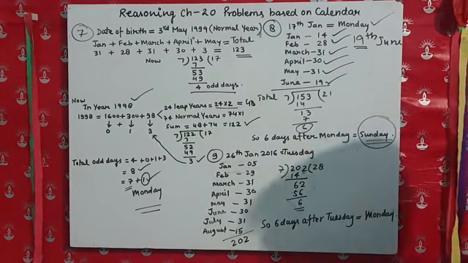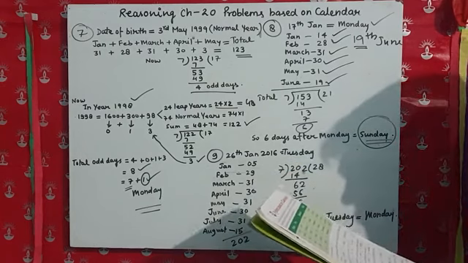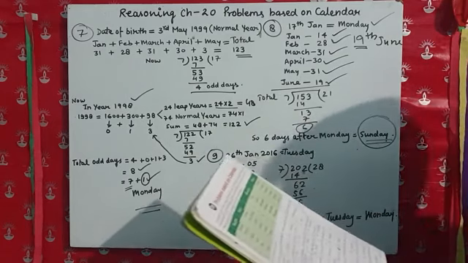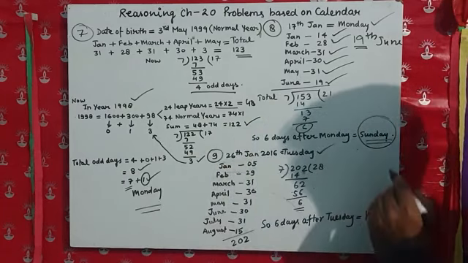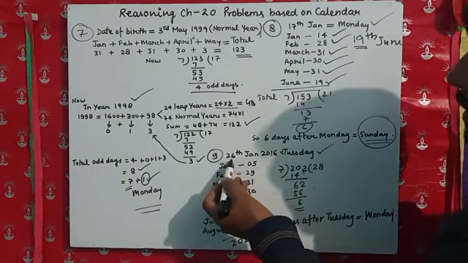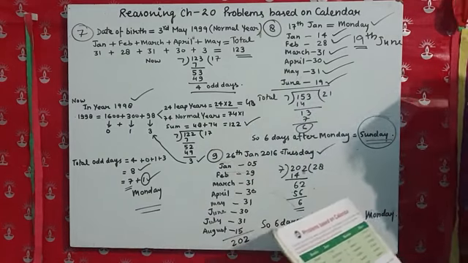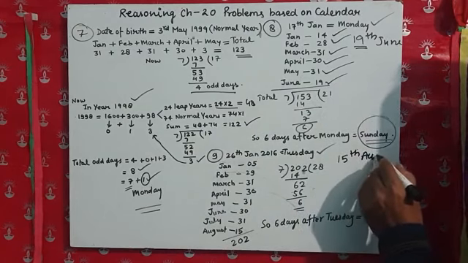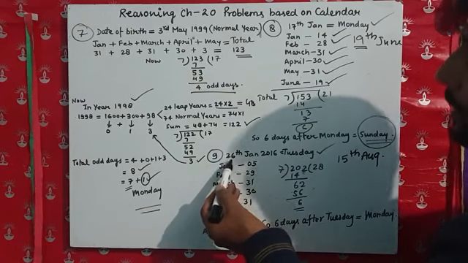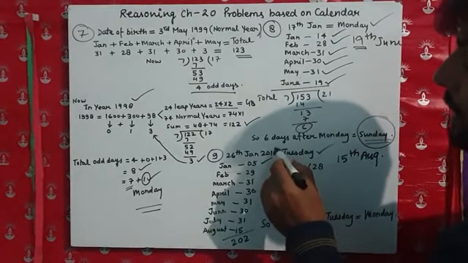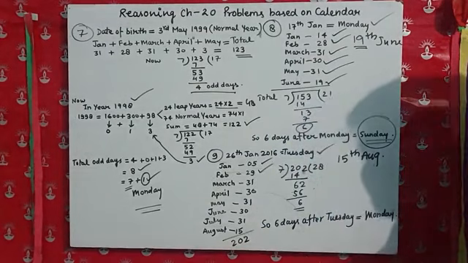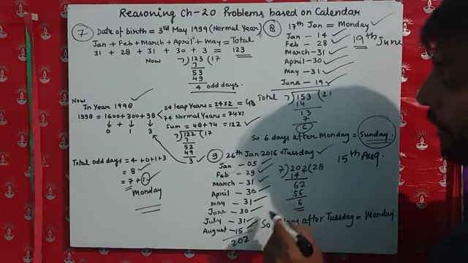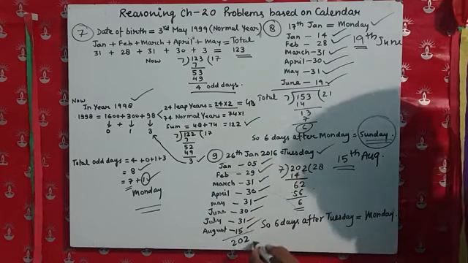Now similarly question number 9. The 26th day of January 2016 was Tuesday. Here the day is already given, it is Tuesday, so we have to find the days. And we have to find the day on 15 August. That is the date we have to find out. So in January there are 5 days remaining. 2016 is a leap year, so February will be 29 days. March 31, April 30, May 31, June 30, July 31 and 15 days of August. So total are 202 days.